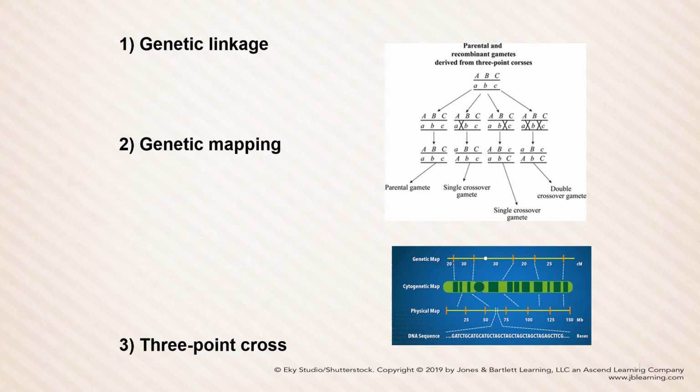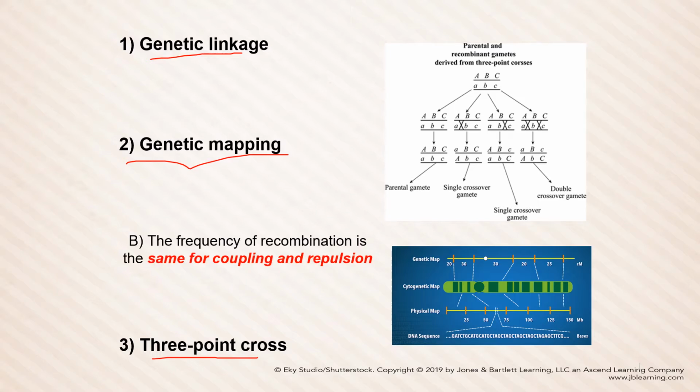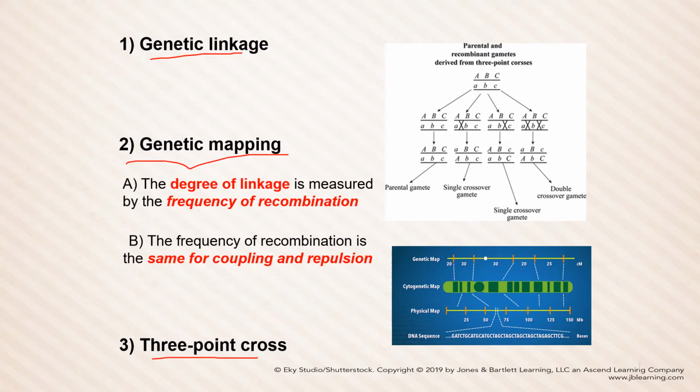So we just finished talking about genetic linkage in the introduction. Now we're going to move to genetic mapping, and at the end we'll talk about 3-point crosses, and we will do one 3-point cross in the lab. I want you to remember that when we make a genetic map, the degree of linkage is measured by